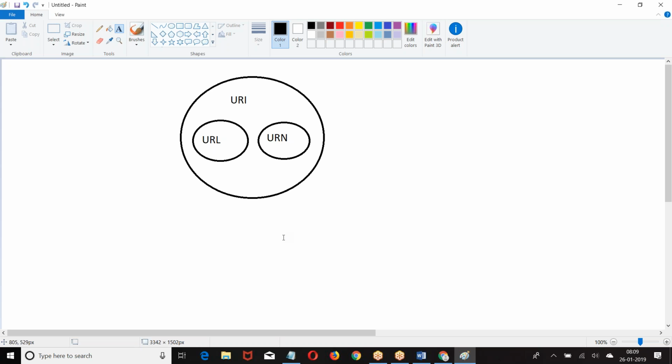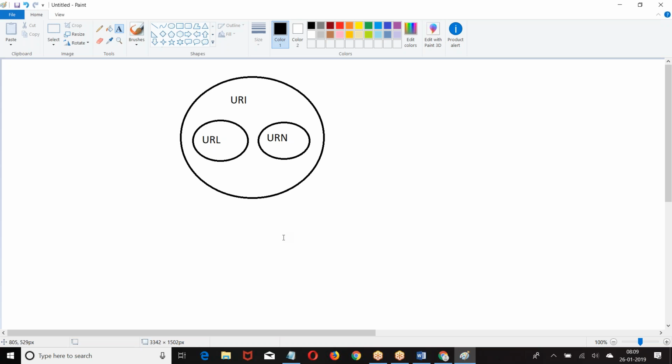So for every URI, whenever I want to request a resource, there are two possibilities. Either you have to give a URL or a URN. This is generally called a URI. When people say URI, it can be a URL or URN.